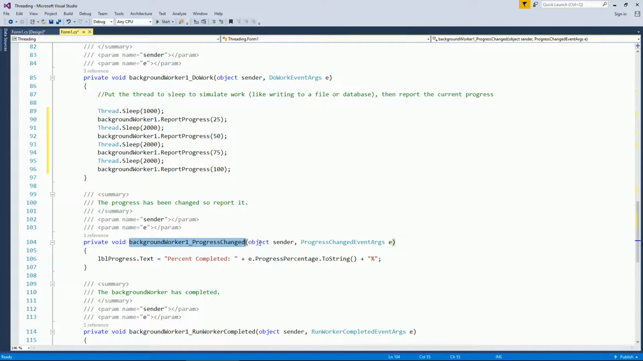And so what we can do is, you can notice here's this object sender. So we can say e.ProgressPercentage, and that's this value here. And if we want to, there's also this user state, and that's an object I could also pass back, but we've decided not to use that. So every time this wakes up, it's going to execute on the UI thread and report that